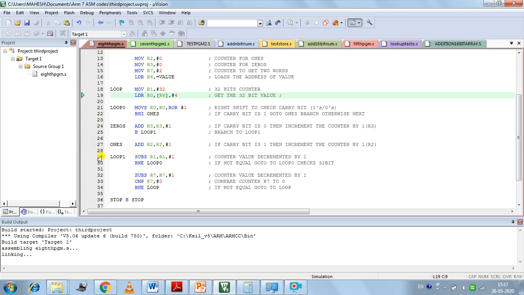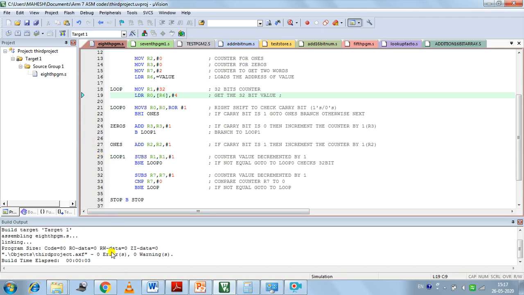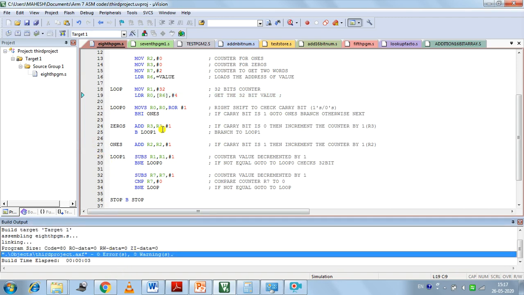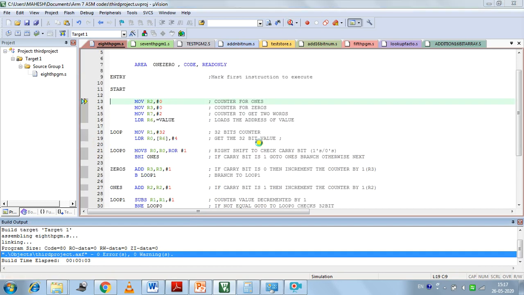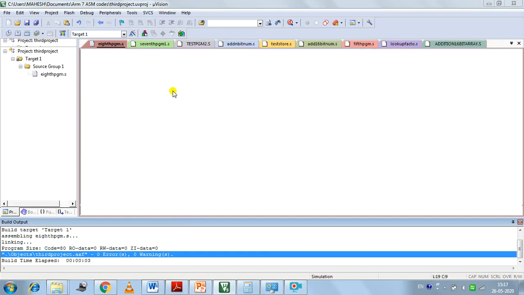I am rebuilding it once again. You can see that here I have 0 errors and 0 warnings. Now I start the debugging session. Once you click on debug,